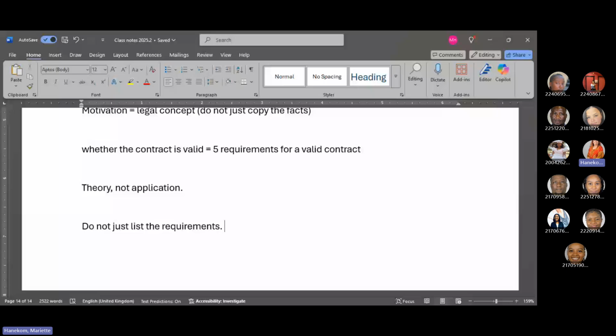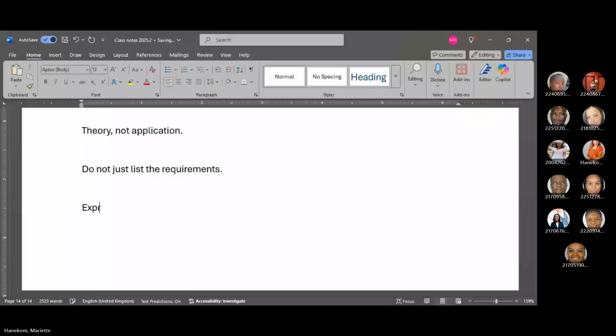And then you start at the top looking at authority. Is there express authority? Yes or no? If there's express authority, the partnership will be bound. If there's no express authority, you go to the next step. Is there implied authority? Now remember,